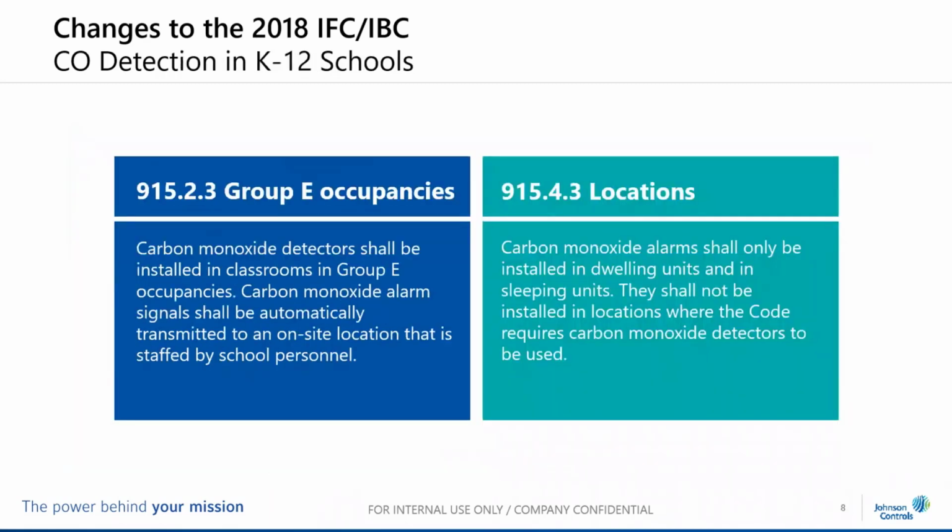Now when we get into the Group E occupancy, Group E is educational, and educational occupancy is typically K through 12, kindergarten through 12. There's a lot of confusion about this: educational occupancy is not a college or university level occupancy group. Those occupancy groups where the dormitories are going to be your Group Rs, residential occupancies. And where the classrooms and the labs and all of that is, they're not Group E, they're Group B,